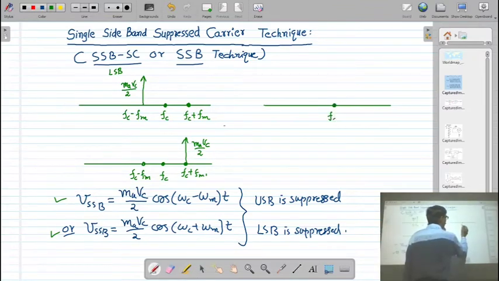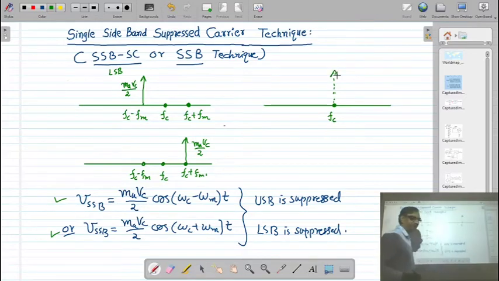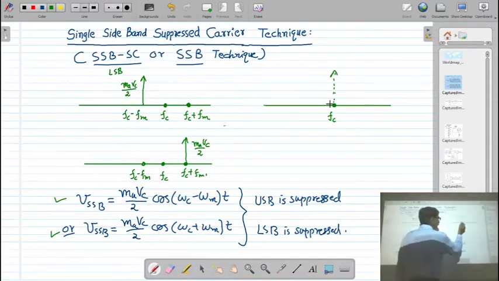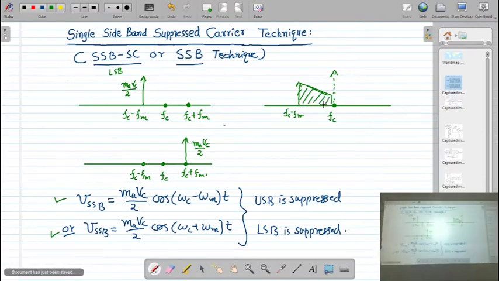So here we have a carrier frequency. It is not there, therefore I am representing it with a dotted line. And Fc minus Fm is present. So here in Fc minus Fm, the frequency will be from 20 Hz to 20 kHz. So here the maximum frequency is, let us say, Fc minus Fm, and a number of frequencies are going to be present here. So this is my information. You can say it is a lower sideband.